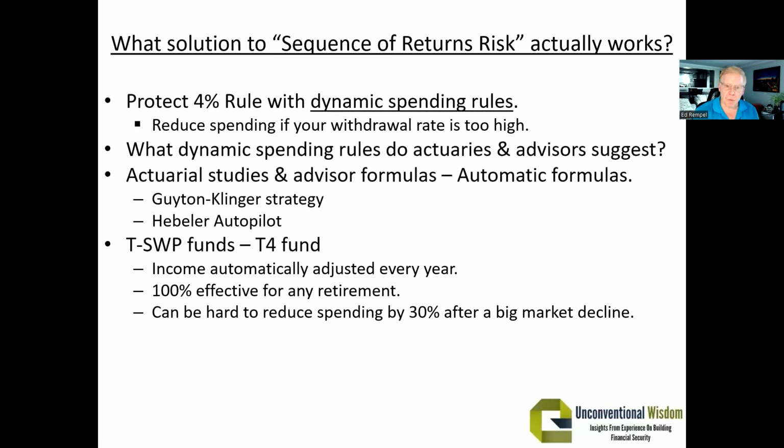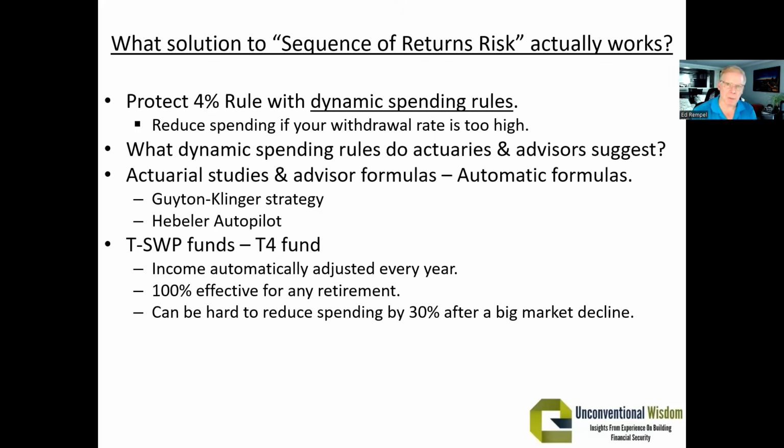Basically, you can take a T4 fund, or a T8 fund that pays 8% of your portfolio, and use it for half your portfolio. With a T4 portfolio, what happens is it takes 4%. Every year it takes the December 31st balance of your portfolio and takes 4% of it, divided by 12. That's what you get for the next year. Now, this is always going to work. You're never going to run out of money with this. Why? Because if there's